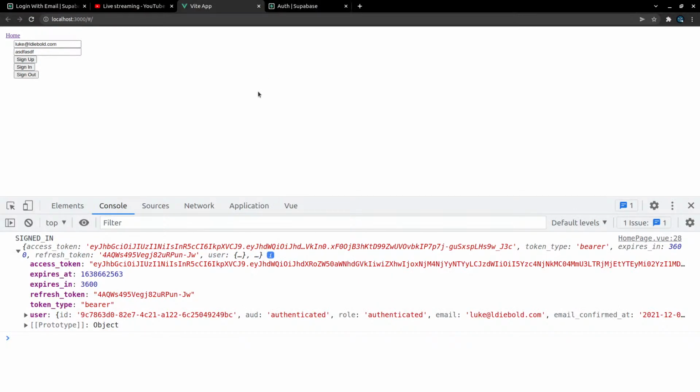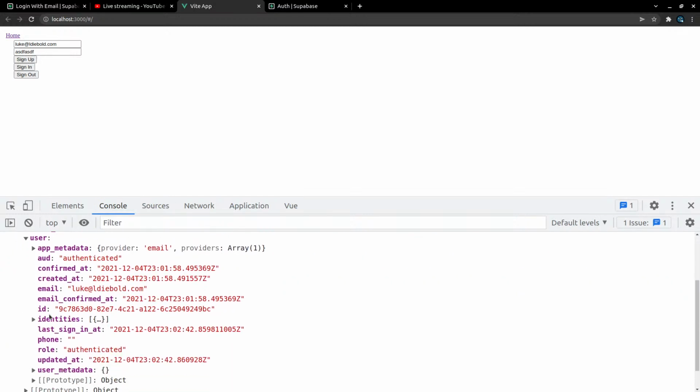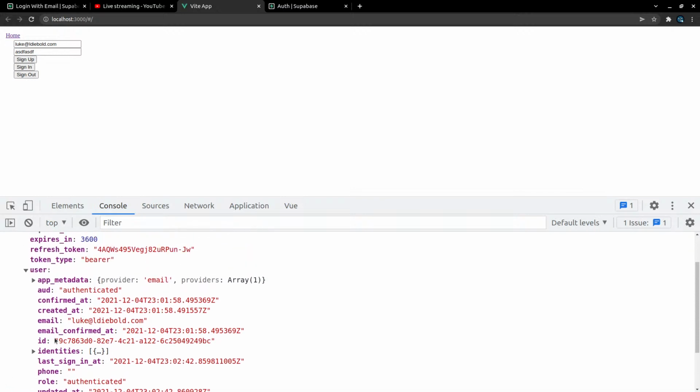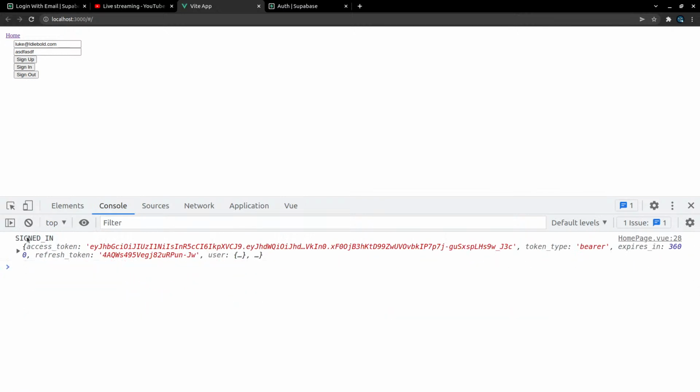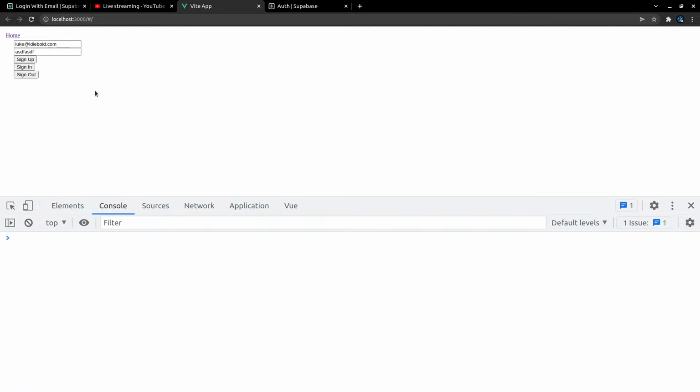All right, so we can sign up, sign in, sign out. Okay, and we can get the user from here. That's what I really wanted to know. And what do we get there? We get the user's email, which is probably all I really need to know. All right, so this is everything I need, I think, in order to do my authorizer now. And if I sign out, yeah, that's going to update and let me know that we've got a signed out